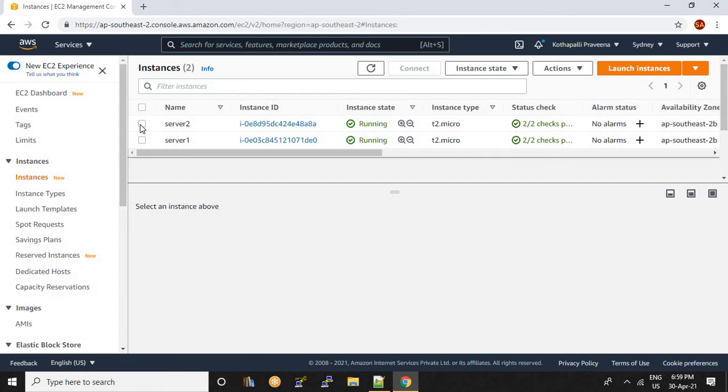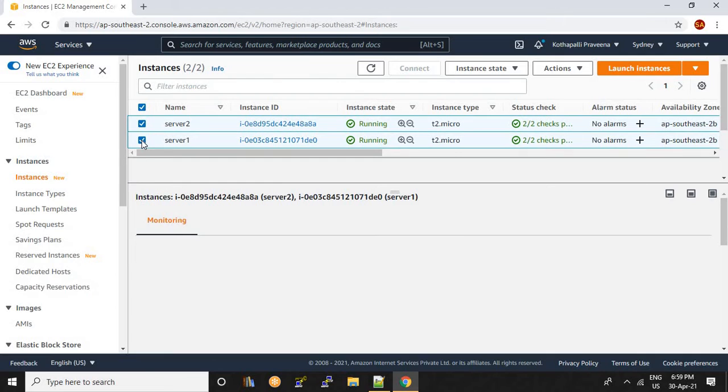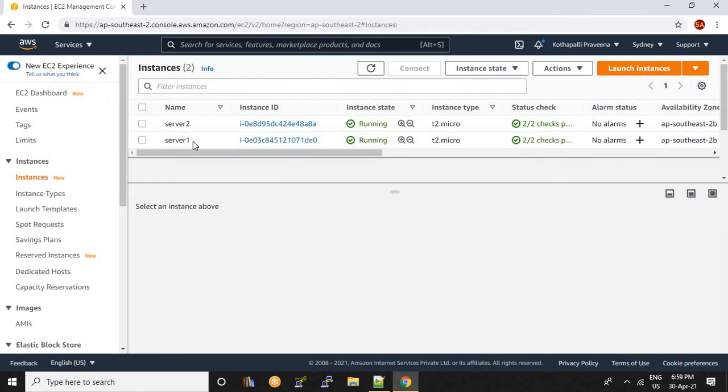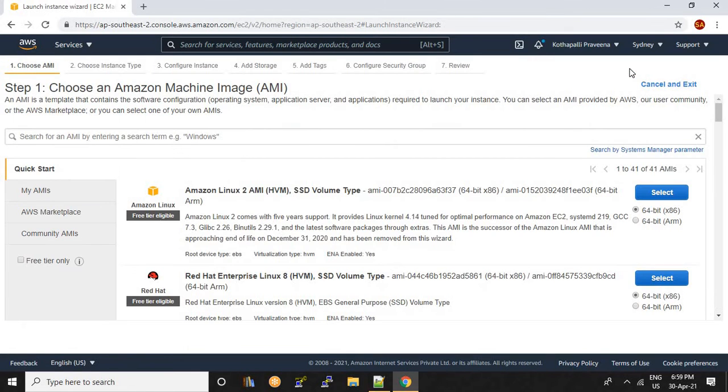These are my previous instances, so anyway I am terminating this. To launch a new machine, click on launch instance. Here I am launching an Amazon Linux machine.